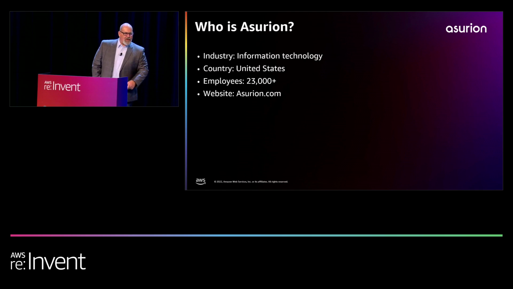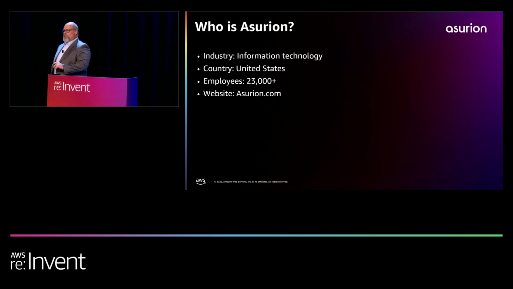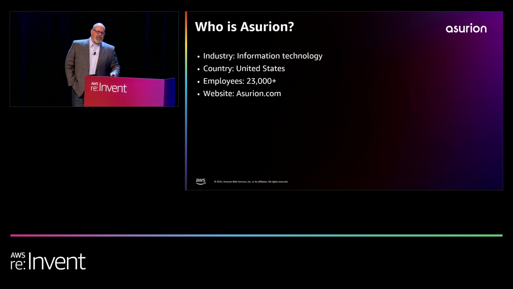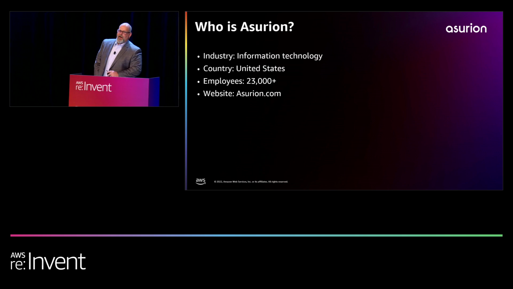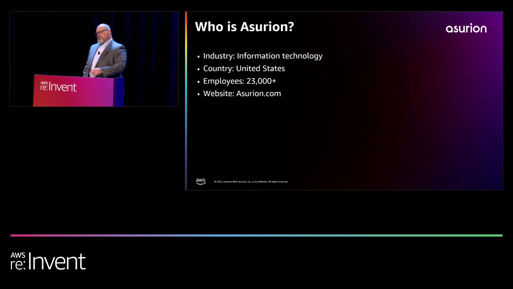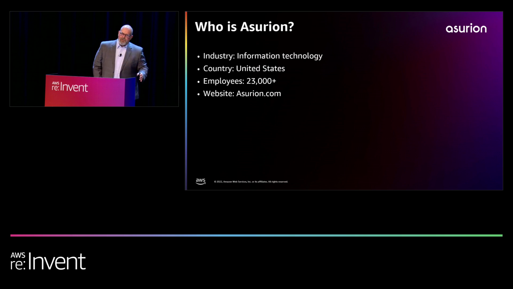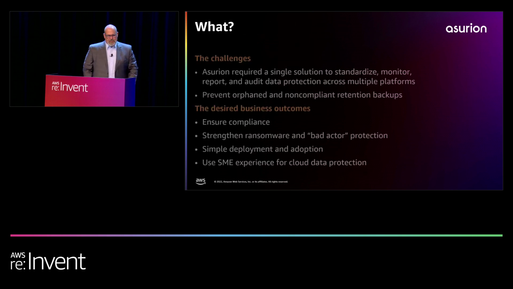So, my name is Matt Valentine. I'm a solutions architect for Asurion. Asurion is a global tech care company that provides insurance, installation, repair, replacement, and 24/7 support for a wide range of technology, from cell phones and laptops to household appliances. Our 12,000 experts are available online, on the phone, in store, or will even come to you. Asurion eliminates the fears and frustrations associated with technology and ensures our 300 million customers get the most out of their devices and connections.